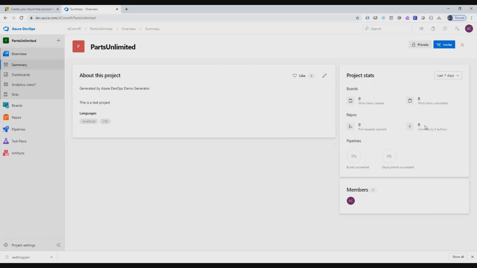This project isn't really doing anything, so there aren't any stats. So there's no, this is the last 7 days, right? If I do last 30, let's see if I've been playing around in this particular project. Nope, nothing going on in the last 7 days. So we'll go in and run some things on here, and then this view will change. All right, so